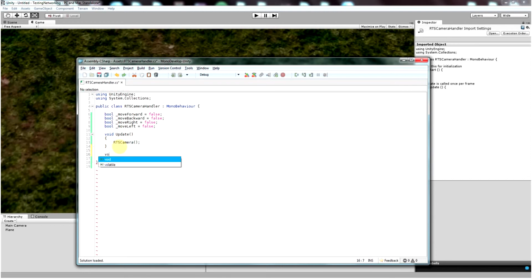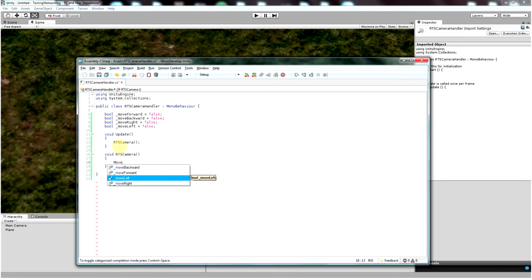Whoops, my bad. Void RTS camera, like that, and then finally move camera. So I'm creating these new functions which should help me keep this very clean, so if your project gets kind of big, at least you know where things are and it's easier to find errors and stuff. So now in the RTS camera, we want to